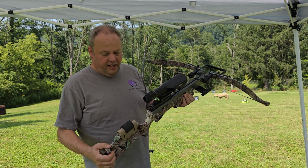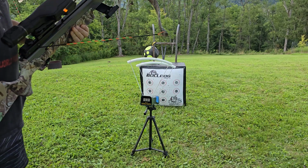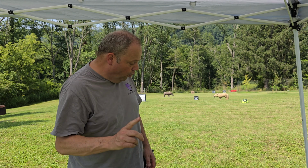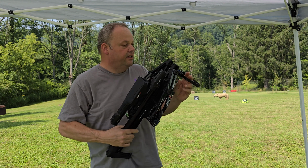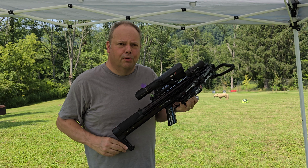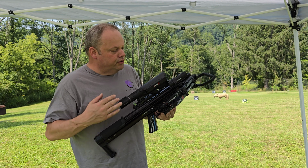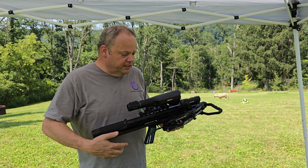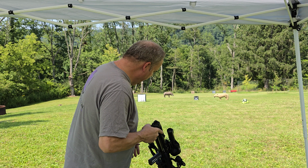So that's a thing, right? The heavy zombies that I got on here. I got some customs that I helped customize. So would you rather hunt with this setup, real slow and big, or would you rather hunt with a more modern setup like the Enforcer, but you have to take off the scope and not use the Burris Oracle X? Little bit of a caveat there. So this beautiful scope, but with a speed scope. And my answer was pretty simple. It was pretty easy. And that answer is